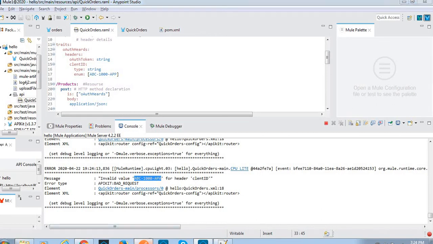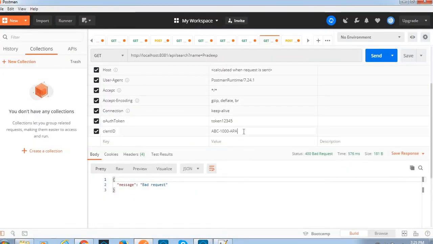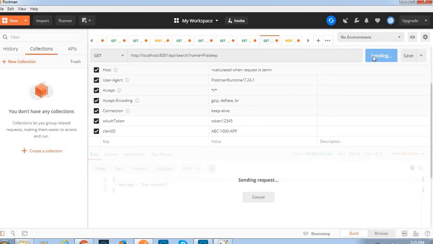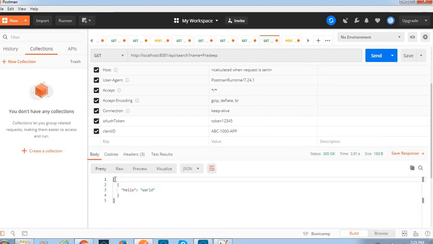Let me change that one and again make a request. App. Okay, let me send the request once again. See, now we got 200 OK response and the body of the response is this.